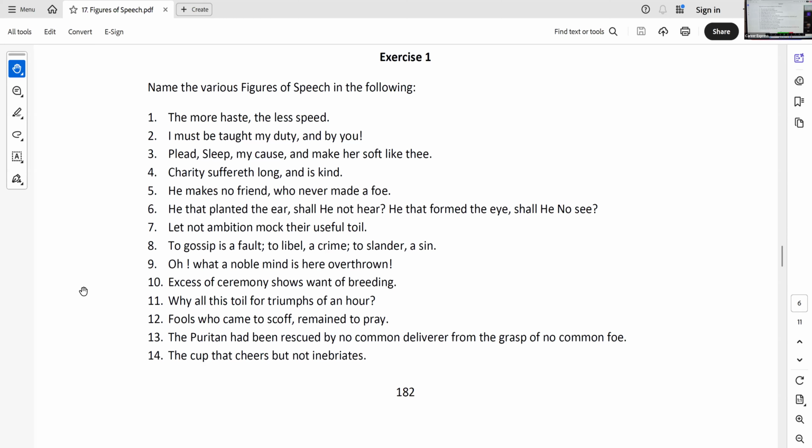But what jumps out at me is that the 2 people are being praised in an underhand way. No common deliverer is actually saying an uncommon deliverer. It's a unique, great person. And no common foe is emphasizing that it's a very great foe, a very great enemy. So the effect is stronger than mere repetition. And always see, repetition is easier to identify. If you have a literary device that is more difficult to identify, that is preferred naturally.